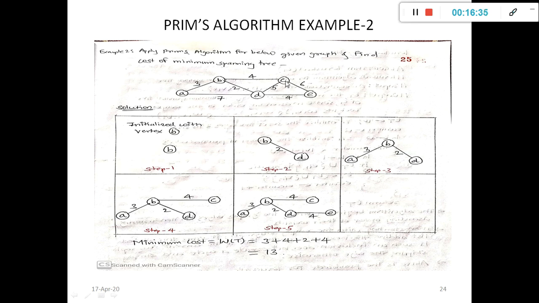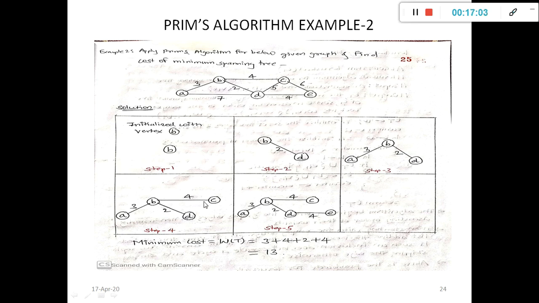Now the remaining vertex C is connected to B with distance 4, and the remaining vertex C is connected to D with distance 5. Then you have to choose the next vertex C and connect it to the subtree as shown in step 4. Again check for any cycle present in the subtree.